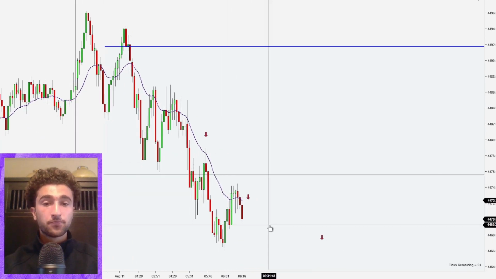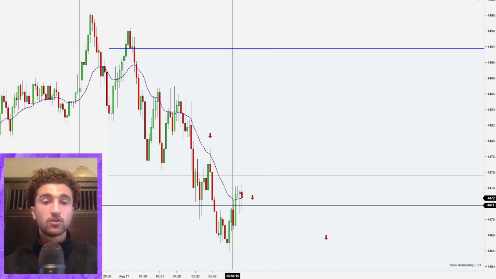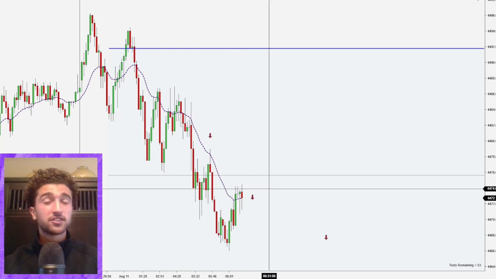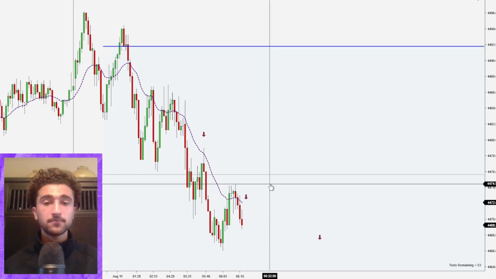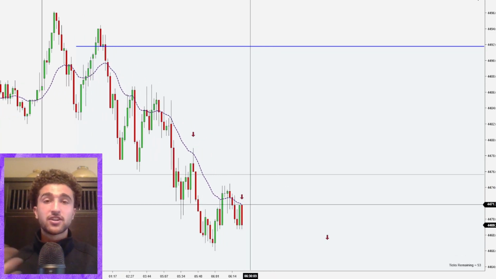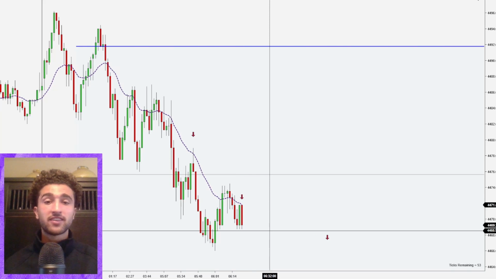So once again, we're just looking for any two-legged pullback. Here we have a two-legged pullback, new low, first entry short, second entry short, but the signal bar is no good. So if we get a lower high confirmation of this setup with a nice signal bar at the EMA, like we have right here, then that's another signal where we can go short and we can be confident that